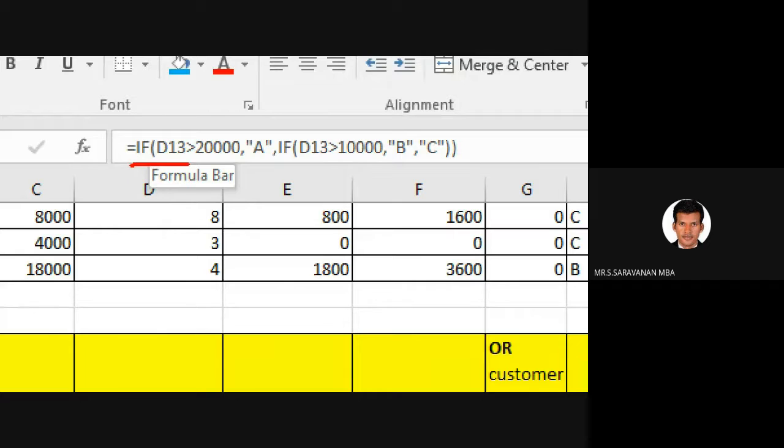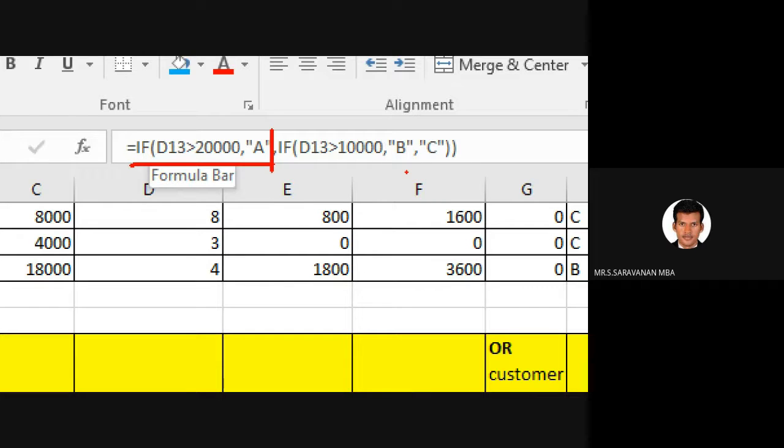If a customer has bought above 20,000, he is considered an A customer, comma, IF, open the bracket again, if the customer is in the 10,000 category, he will be considered a B category customer, and then C category customer. You can go to any number of ranges. You can add close to 256 IF conditions. In a formula, you can use 256 IF conditions to get the data.